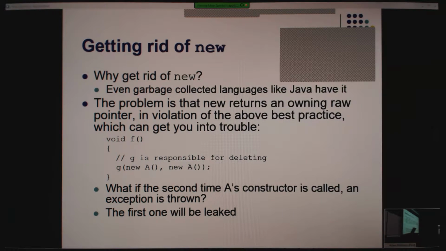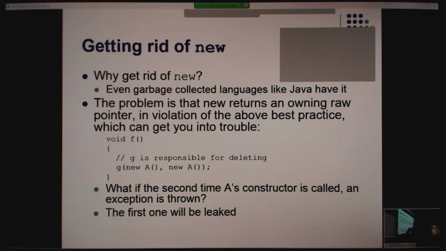So if the first new works and the second new fails, then G will never be called. Hey, by the way, which is the first new and which is the second new? Right, it's undefined. Heard a lot of people say that, right?